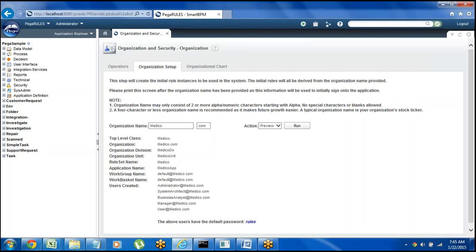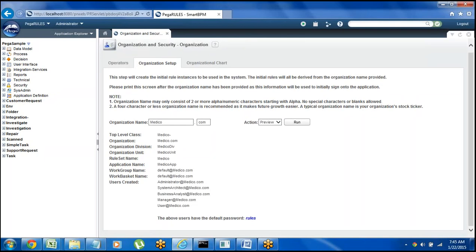When we click on preview, see here, it shows that it is creating some basic things: top level class, organization, division, unit name, ruleset name, application, work group, work basket, and different users. All these things will be created automatically at the time of organization setup.